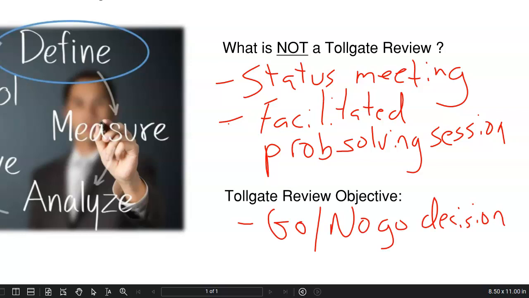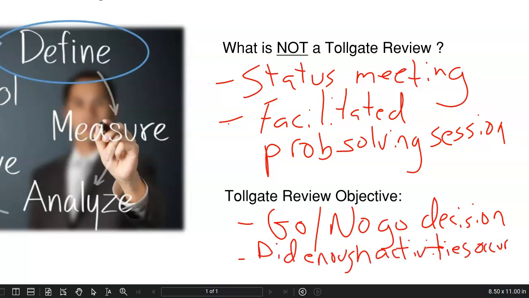The most important objective of a Tollgate review is at a major milestone break to make a decision: should we continue to move forward with this project? Is there still value in proceeding forward with this initiative? It's a go, no-go style decision. Another secondary objective of a Tollgate review is,